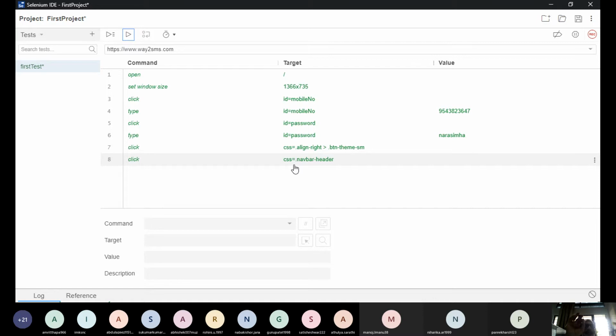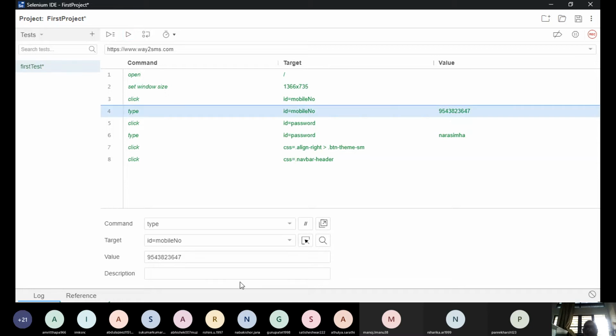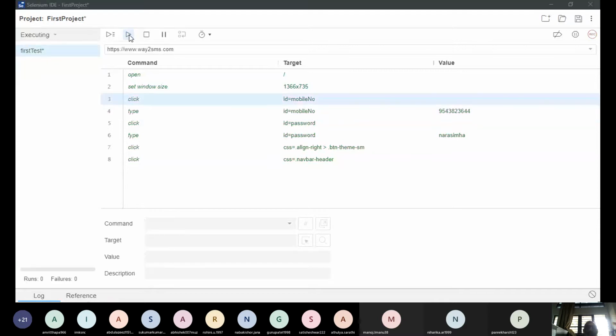Now I'll give you a small example of how a failed test will come. See, this is the number we actually entered. Click here. What is the number you have given here? This is how you recorded, no? This is the number I gave on the web page: 95438236647. Suppose now I make a mistake here. I just say 4, and then I keep quiet. Then I will start running the test again.